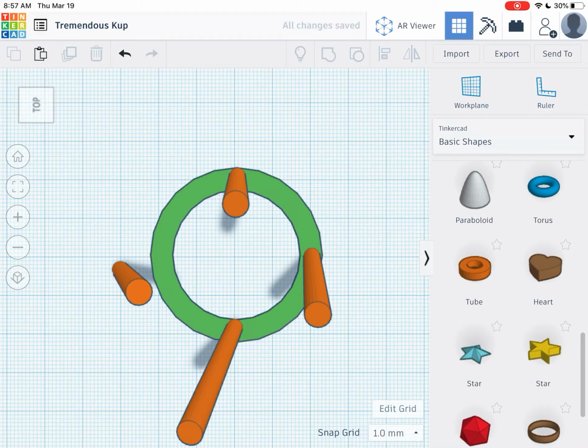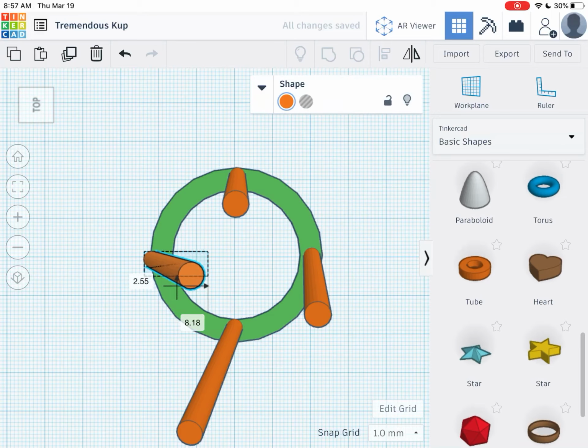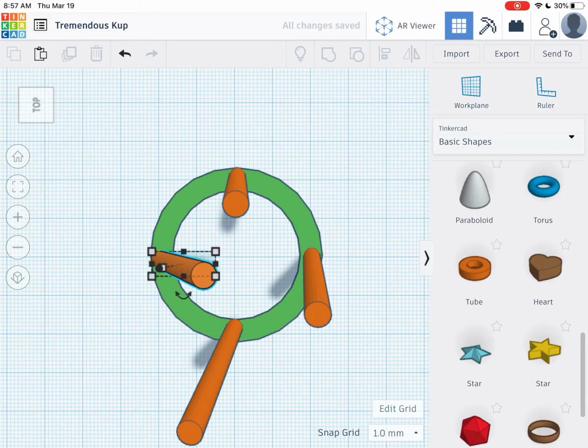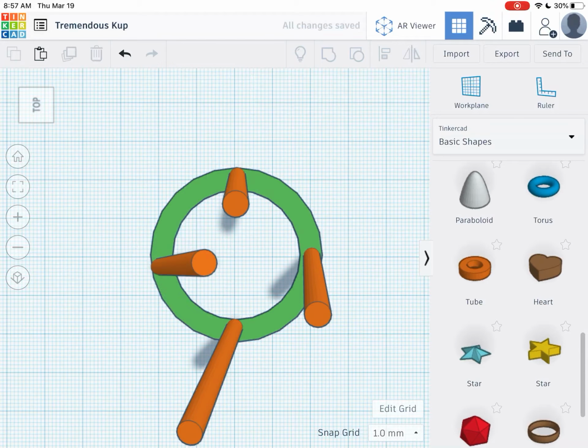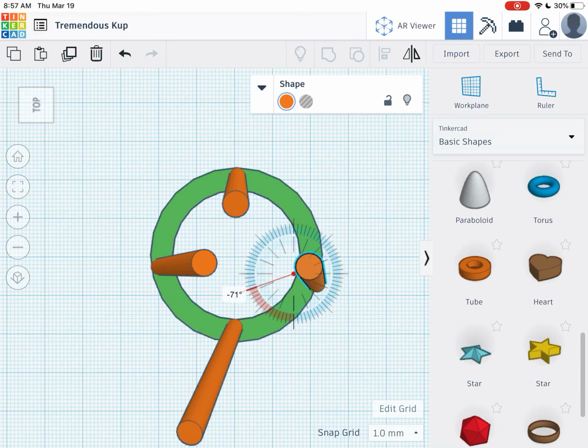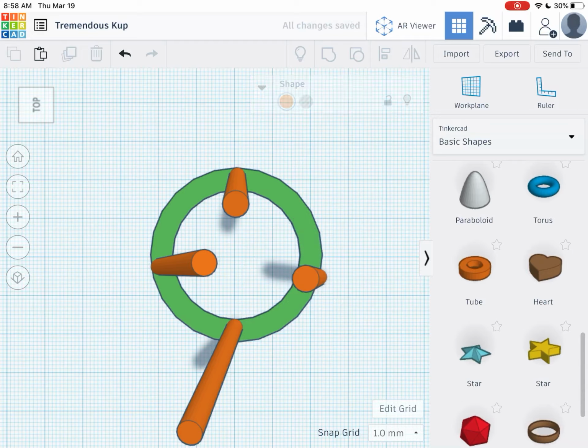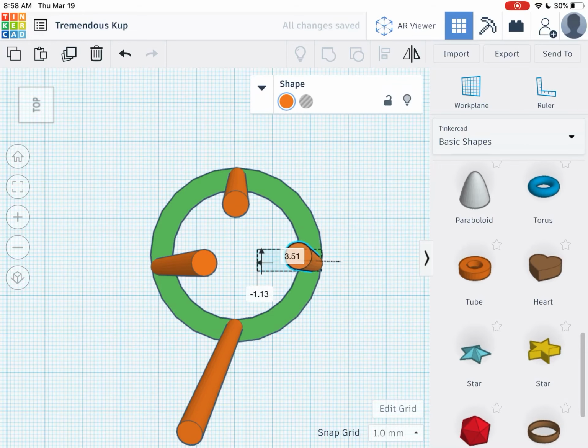Okay, and then I'm going to click away, then I'm going to drag it, and then I'm going to click one more time and rotate it as best I can. Okay, click on the orange one on the right, I'm going to rotate it so it's facing in, click away, drag it into place, maybe drag it just a tiny bit more,